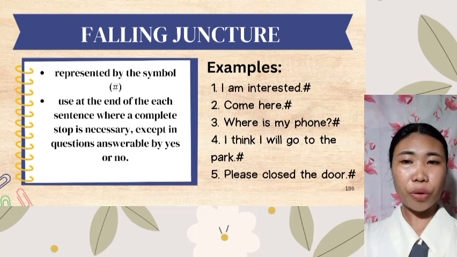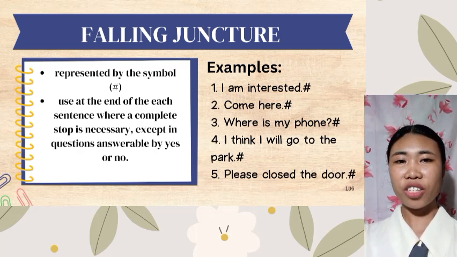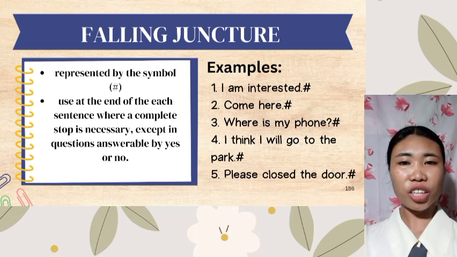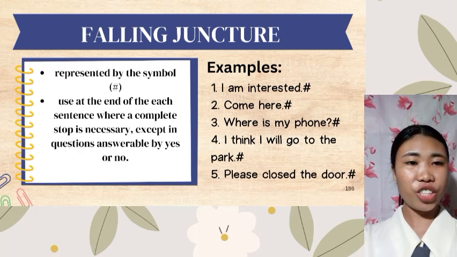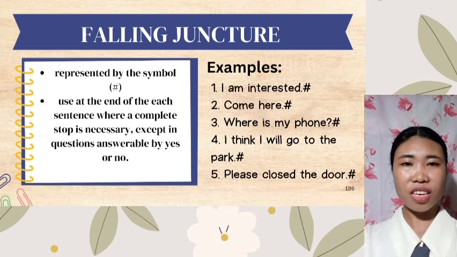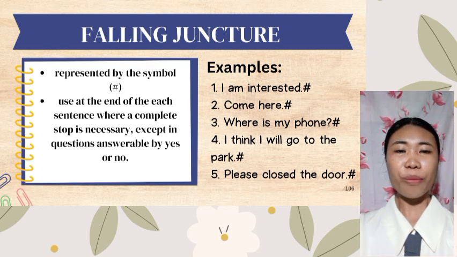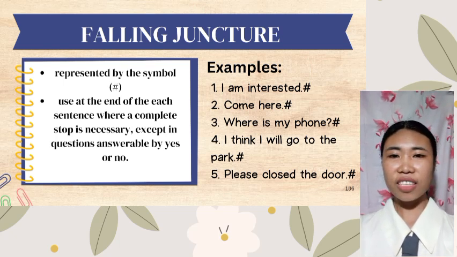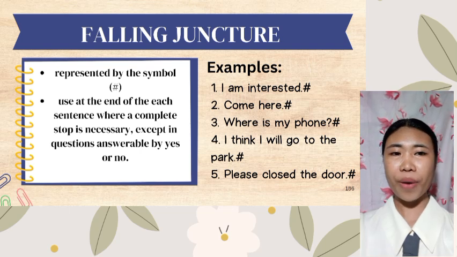Here's the example of falling junctures. Number 1, I am interested. The falling juncture at the end of the sentence indicates that the speaker is finished expressing their interest and is not expecting a response. Number 2, come here, indicates that the speaker is giving a direct order and expects the